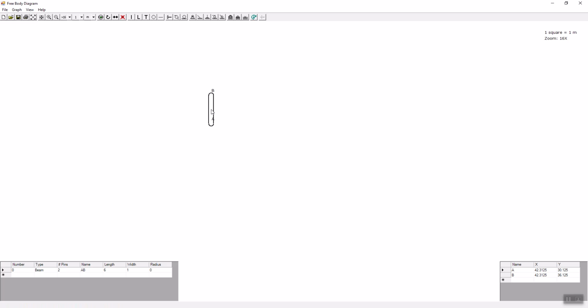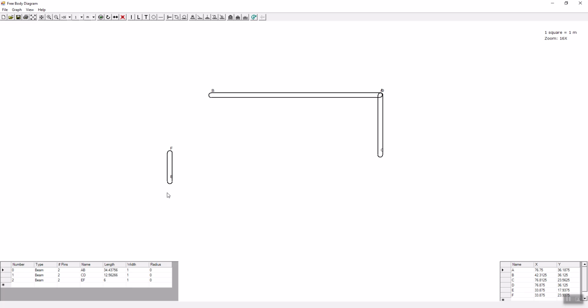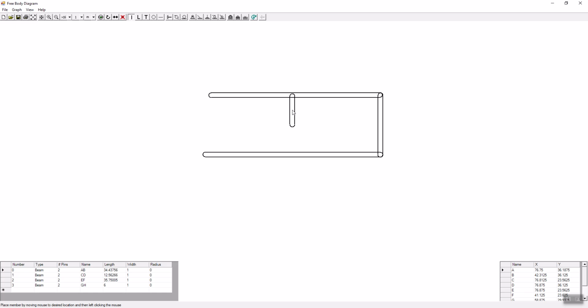So we click on a straight element, bring it to the workspace, rotate and stretch it, bring another member, stretch it, another member, join the members with pins,